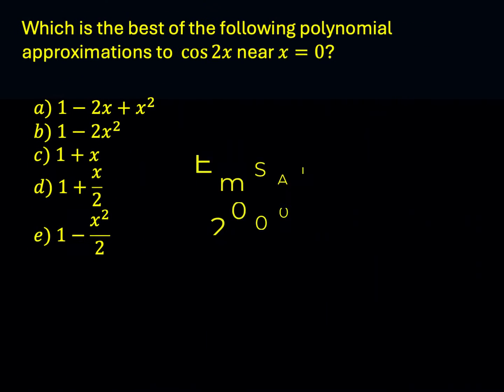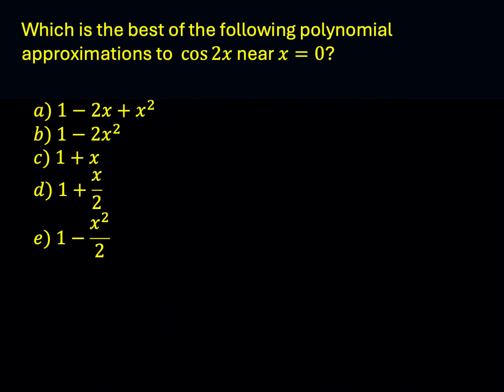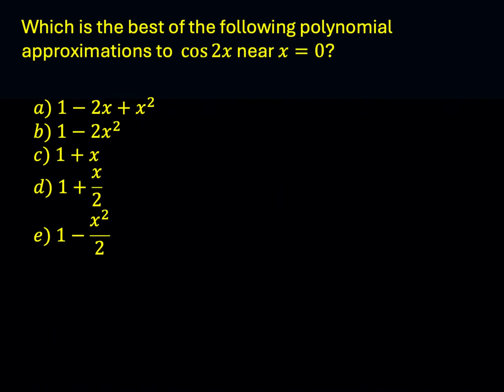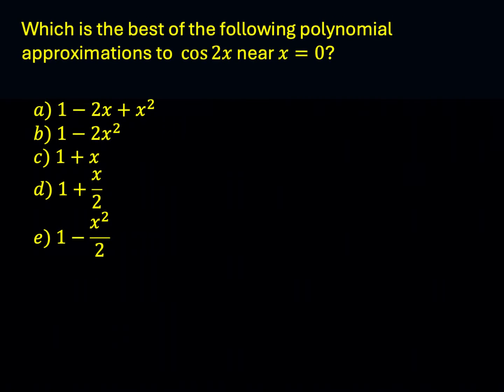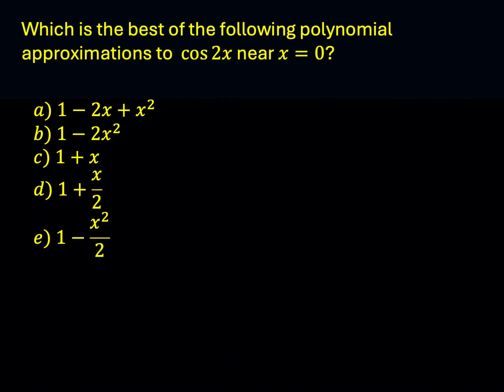Look at that question. It's a 2000 score question in the EAMSAT exam. They said, which is the best of the following polynomial approximations to cosine 2x near x equal to 0? Now, to find the best polynomial approximation of cosine 2x near x equal to 0, we need to use Taylor